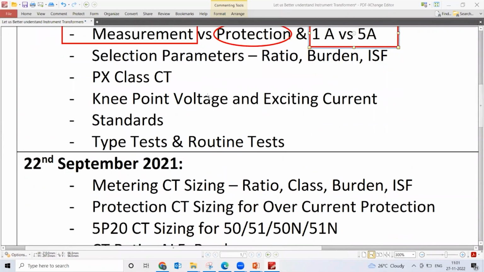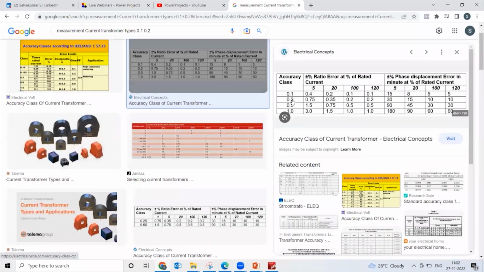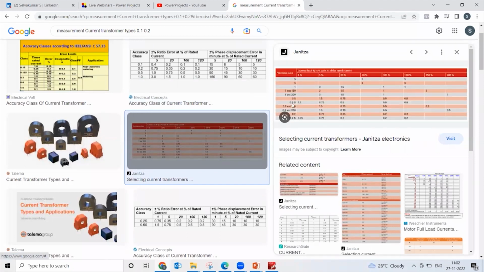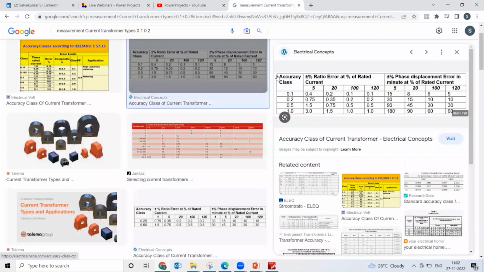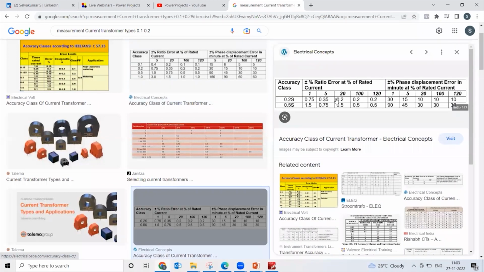And of course you have multiple types of CTs: metering, protection, and metering itself, with different classes like 0.1, 0.2, 0.2s and so forth. Yep. So 0.1, 0.2, 0.5 and 1. In addition to that, you might be having 0.2s and 0.5s. Up to 1 is quite common, 3 and 5 are very rare. So you can look at these 0.2s and 0.5s images, which are good. For 0.2 and 0.5, you have a special class which has an extended